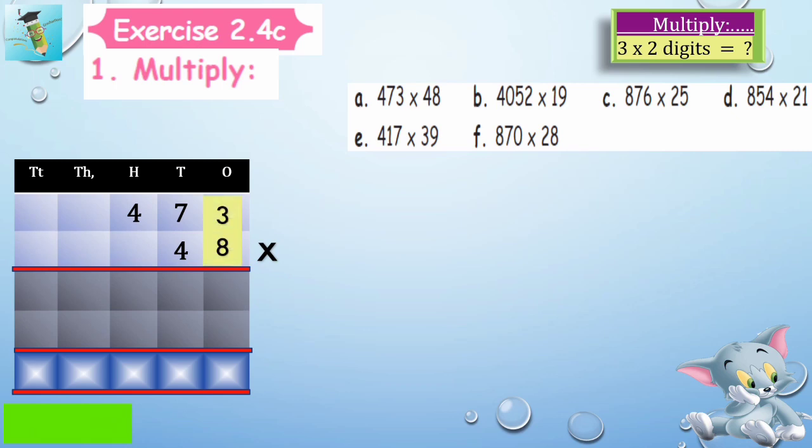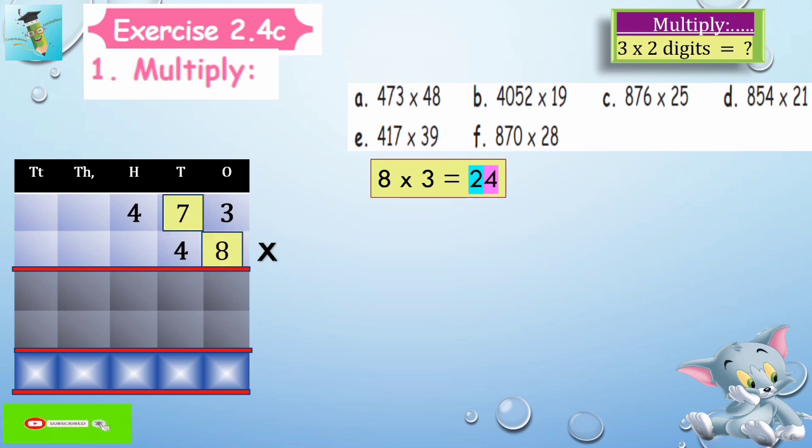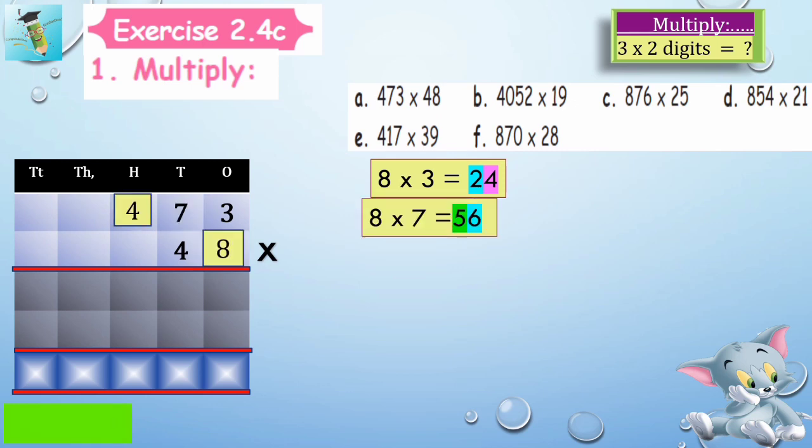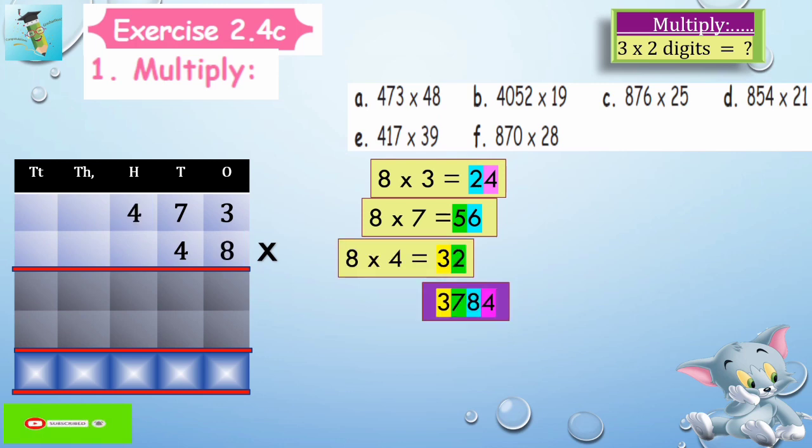We need to multiply with the ones column first. So with the ones digit 8, we are going to multiply the ones digit 3. So 8 3s are 24. Then I didn't enter the answer because I'll explain. 8 7s are 56, 8 4s are 32. Now we are going to add here itself. Then I am going to enter all the answers. Is it clear? Good. Now come to the tens column.